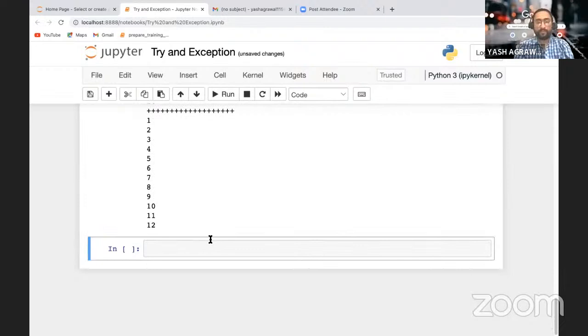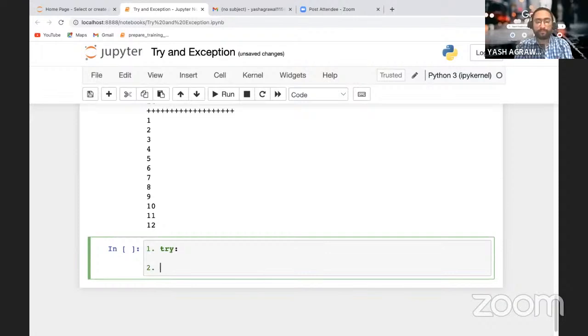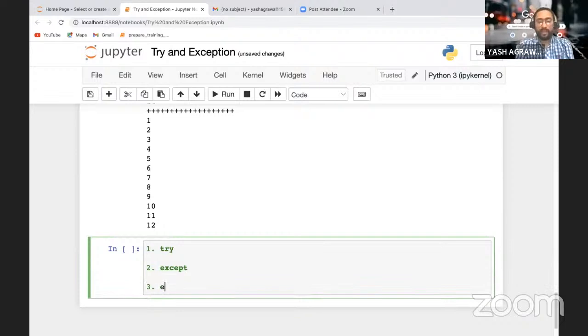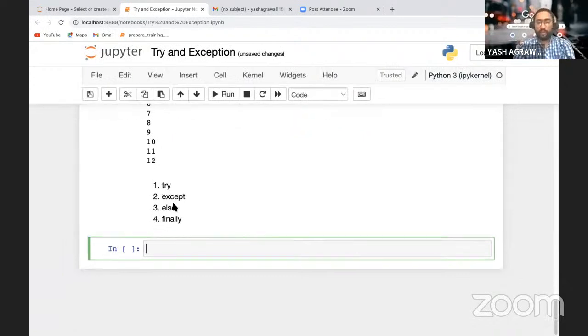इसीलिए हमने एक्सेप्शनल हैंडलिंग देखी। अब एक्सेप्शनल हैंडलिंग के अंदर है 4 पार्ट्स। फर्स्ट इज योर ट्राई, सेकेंड इज योर एक्सेप्ट, थर्ड इज योर एल्स, फोर्थ इज योर फाइनल, ठीक है। अच्छा, ओके, ट्राई, एक्सेप्ट, एल्स एंड फाइनली, वी विल सी वन बाय वन।